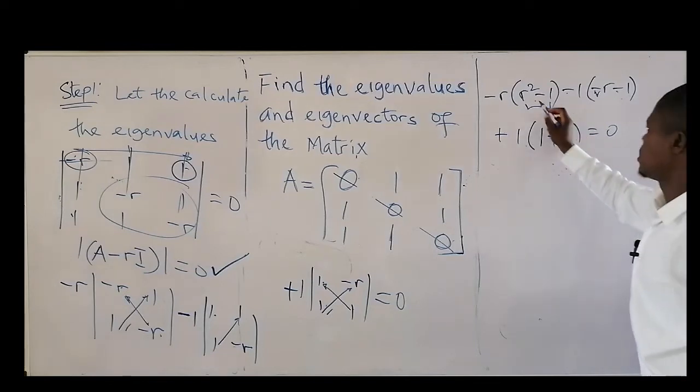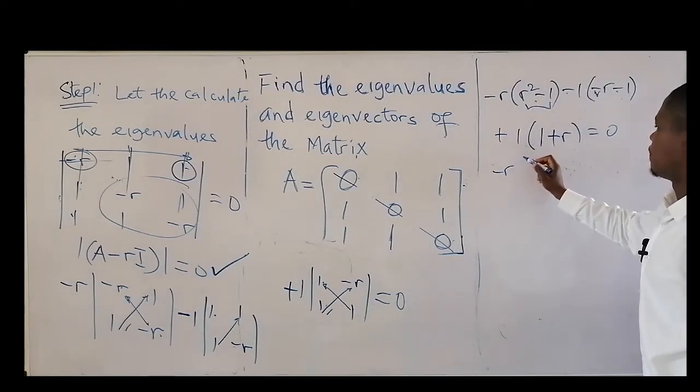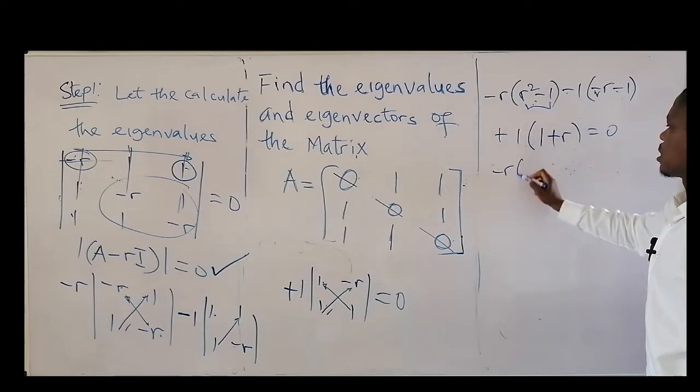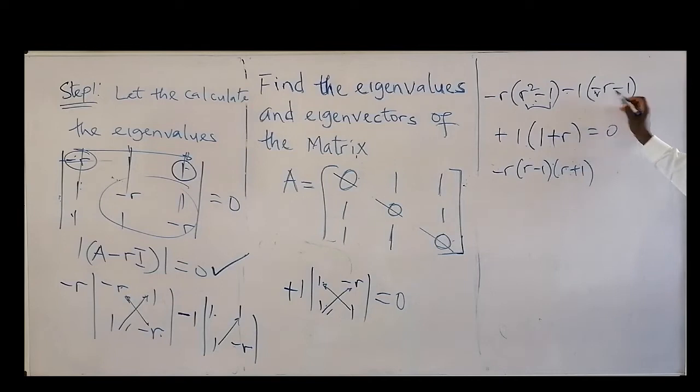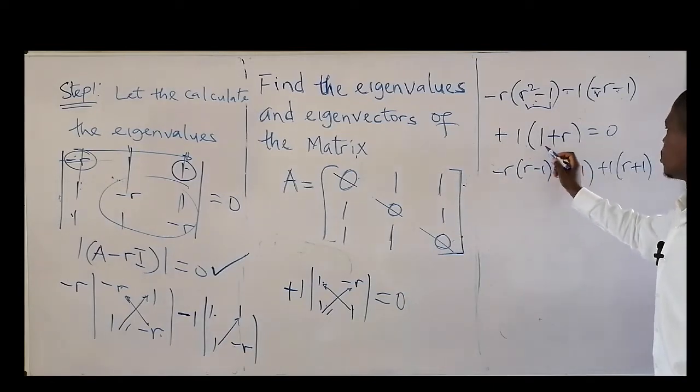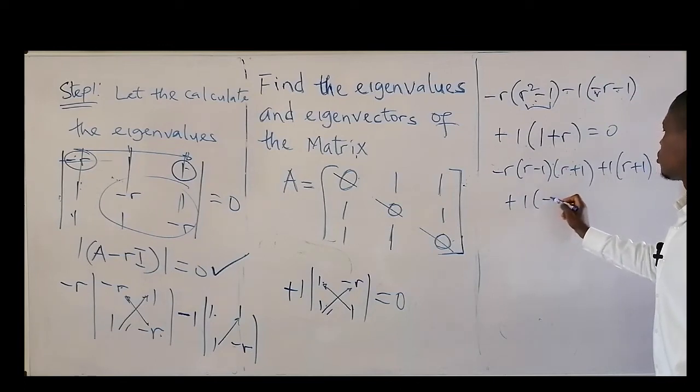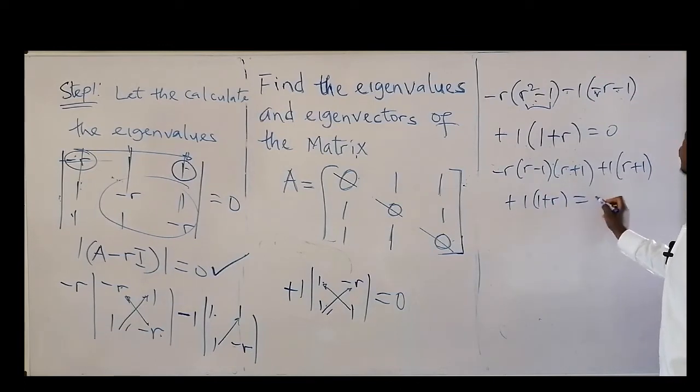So what can we do now? Here we have a difference of two squares, and that will be r minus 1 into bracket r plus 1. Here, take minus outside, and that will be minus times minus, that's plus 1 into brackets. The moment you take the minus outside, it's going to reverse the sign. And that will be r, here also plus 1. Then here also we have 1 plus r